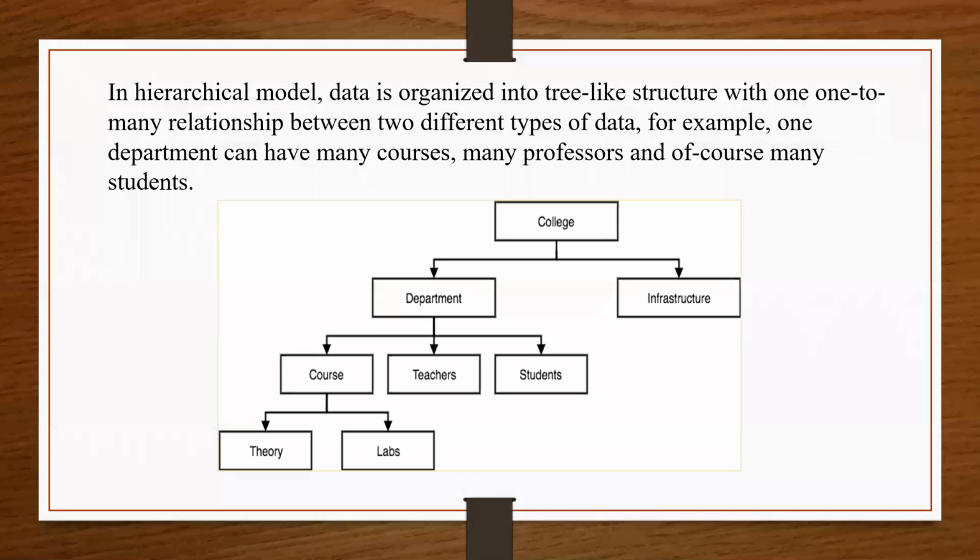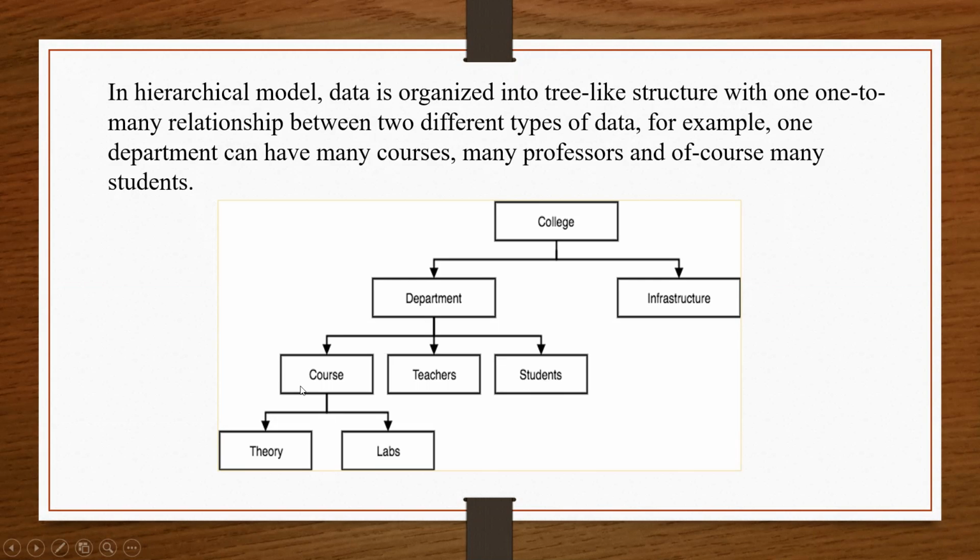Okay, the department table consists of the course table, teachers table and student table, or you can say the course table, teachers table and student table are connected with the department table. Okay, it means that one department has courses, teachers and students. For example, B.Sc. is a department. So we have the courses FY, SY, TY, different teachers, and students: FY students, SY students and TY students.